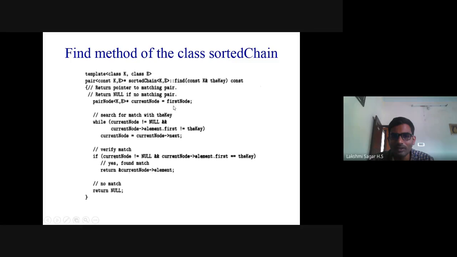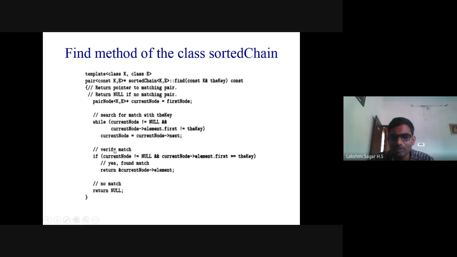First we'll point to the first node. We'll check whether current node is equal to first node, then we'll search for a match with the key. If current node is not equal to null, meaning current node has not reached the last node, then you need to check whether that node's element is associated with that key or not. If it is not associated, then current node should point to the next node.